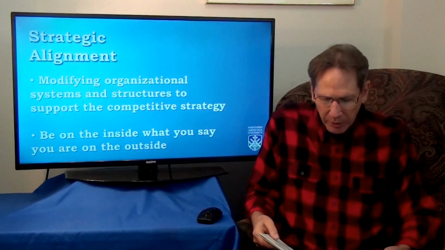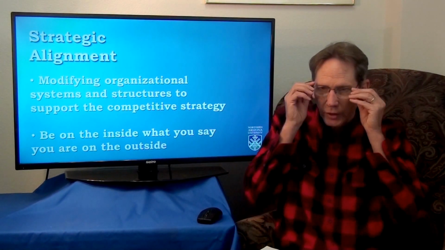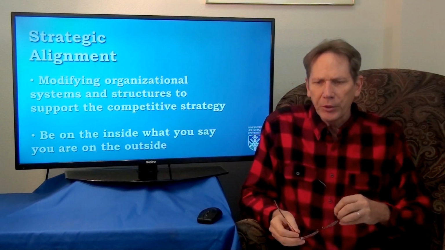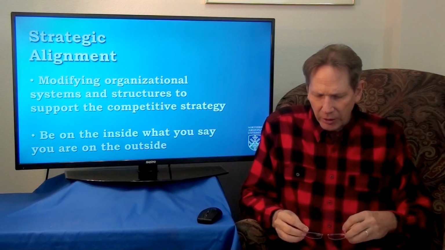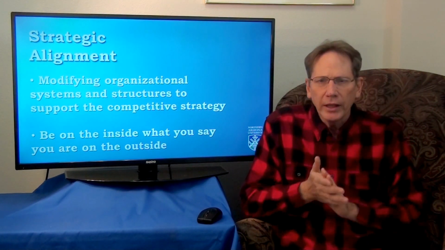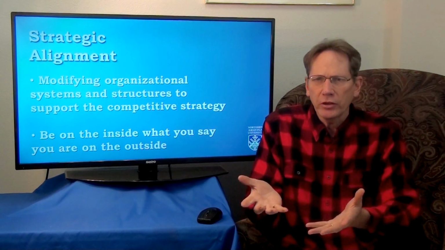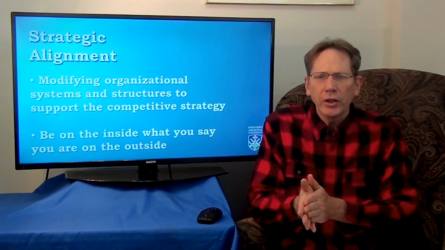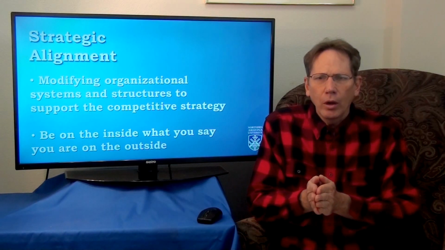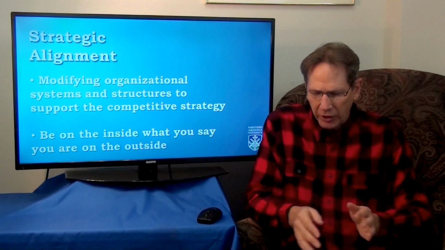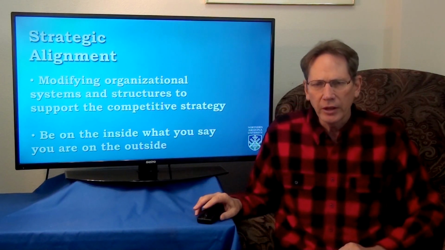Okay, strategic alignment model. In your textbook there's a diagram that just shows interconnecting arrows between all the parts of the model. I'm not sure how much that really helps us, but think of this as you've got an organization, for-profit, non-profit, doesn't matter. All of the elements of this organization need to be working towards the same goals in ways that really work together, which is the point of all the arrows on that diagram in the book.